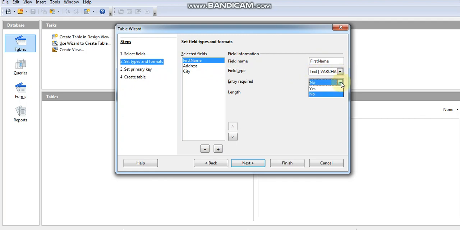Do you require compulsory entry? You can say yes, and length you can change according to your requirement, and maybe 20 characters is more than enough for a first name. And plus you can add more fields to it. I can take up, you can say, last name, and again I could take text variable character, and length again I take up 20 or even 10 will do